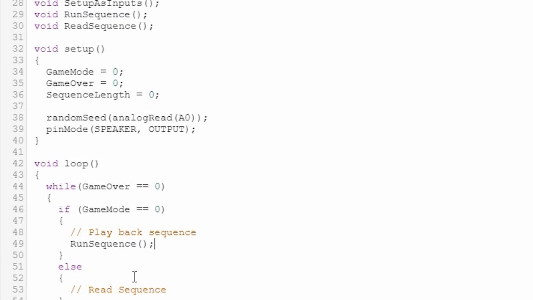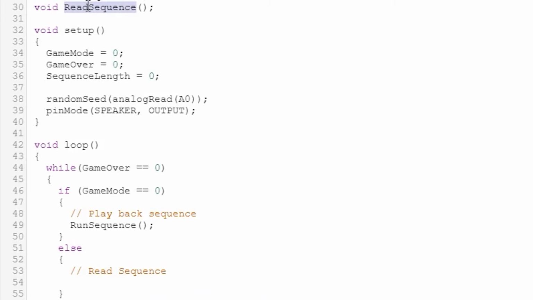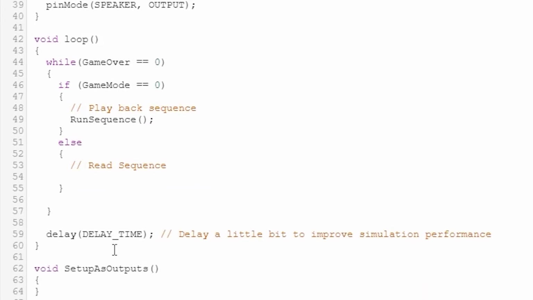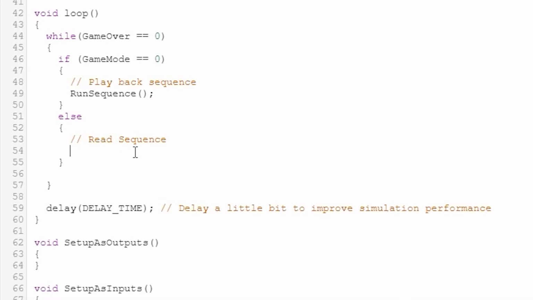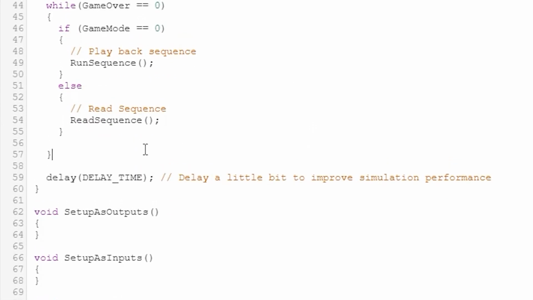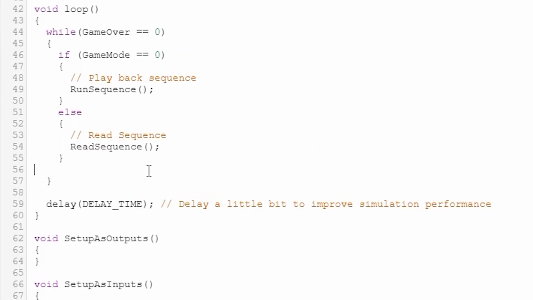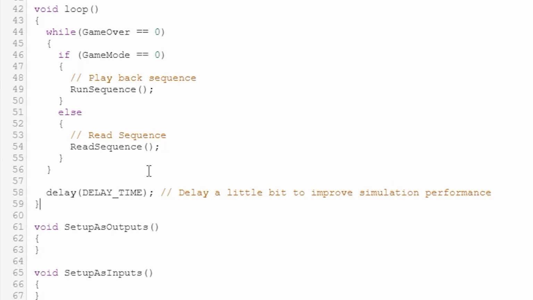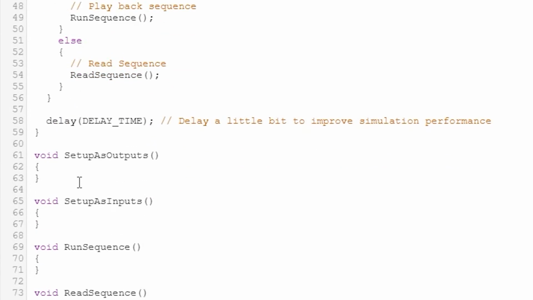And this is going to execute that method that we defined below, but don't have anything in yet. And then there's the read sequence, which I'm also going to copy and paste here. And believe it or not, that's all there is to the game loop itself. Now all we have to do is define these plus one other, set up as outputs and set up